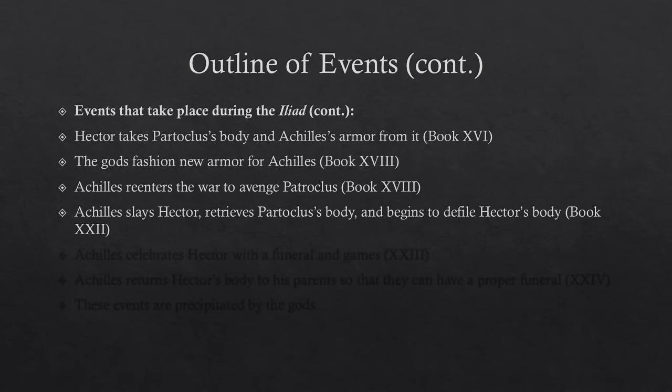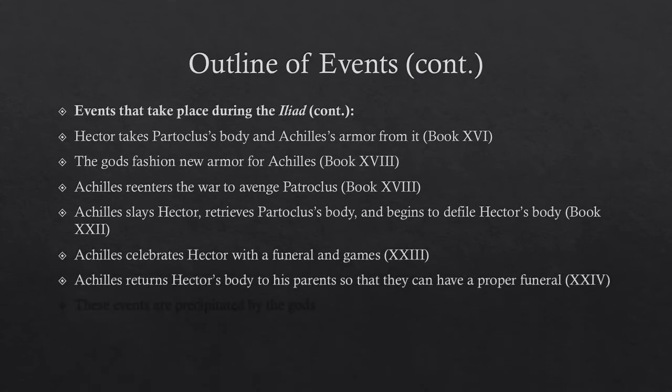Hector's father, Priam, who's the king of the Trojans, risks his life and crosses behind enemy lines. In the final book, book 24, he crosses behind enemy lines to try to appeal to Achilles to get Hector's body back and give Hector a proper funeral. And what happens is Achilles, in seeing Priam's grief over his son, is able, in this brilliant, rare, unique moment,